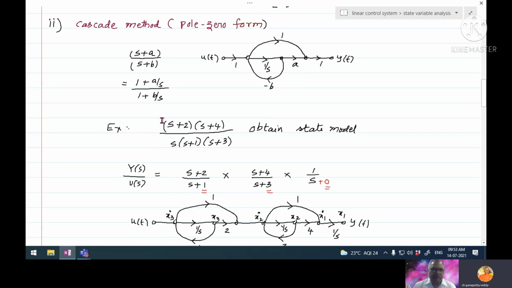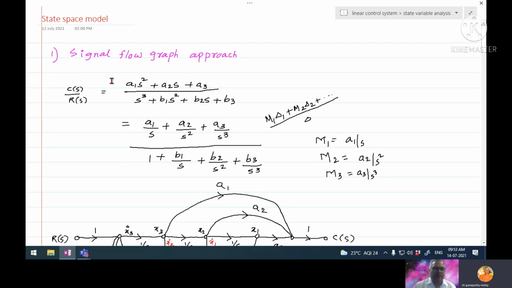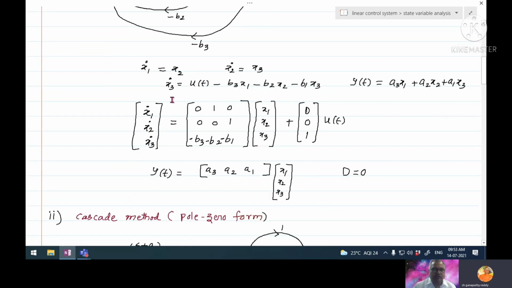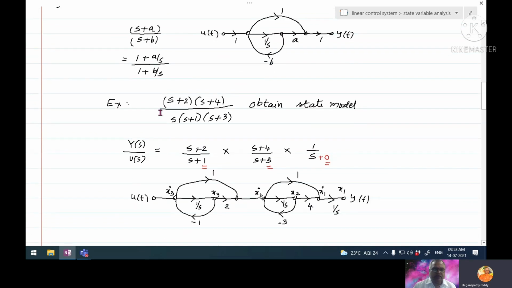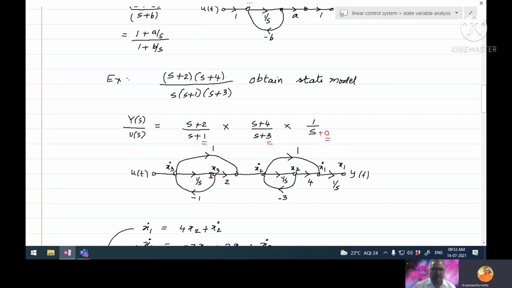Now let us take up this problem. What is the beauty of this one? It is not available in polynomial form, it is available in pole zero form. Whereas in the beginning, it is not in pole zero form. For this approach, this is best. For this kind of problem, this approach is easy. Or you can also multiply, following the above, but without multiplication, using this also we can do it.